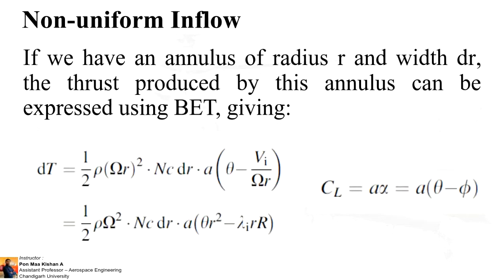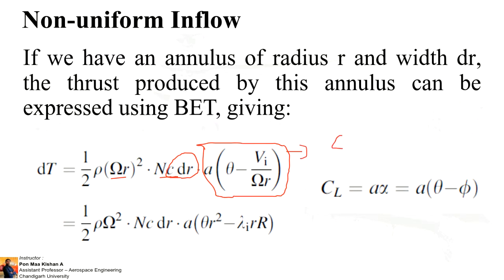Right. So if you see the thrust equation from blade element theory, it has half rho V U square. U square tends to omega r, so omega r the whole square. N is the number of blades, and c dr is the area. So this entire factor is given as CL.